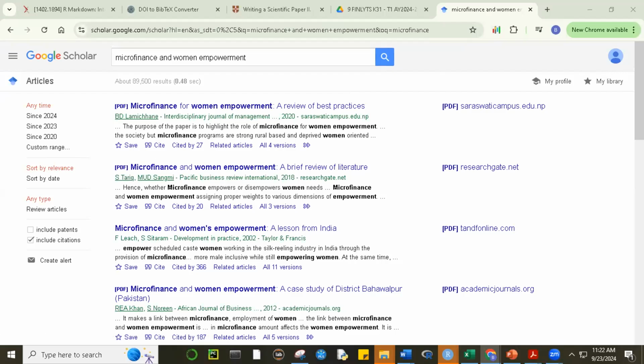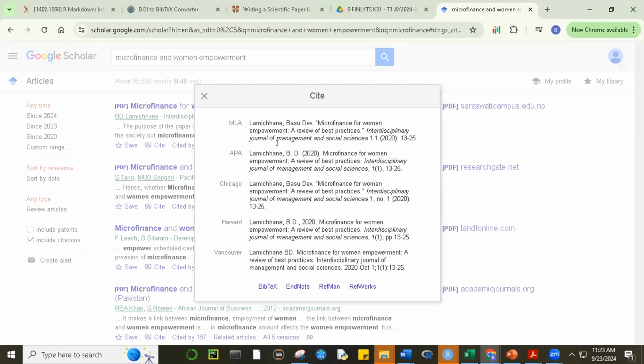Okay, so I'm just using this. Okay, so if you're using, let's say, Google Scholar, here is a list of the articles. Then click this cite, and you can see here the different formats for citing your article or reference. MLA, APA, Chicago, Harvard, Vancouver. And what we need is this BibTeX, class. So you click this BibTeX,